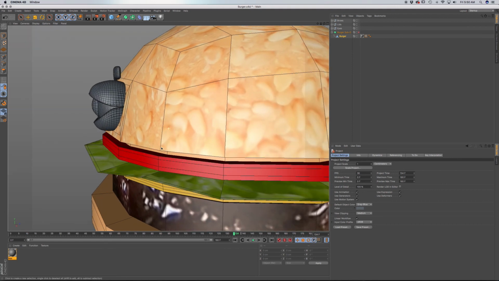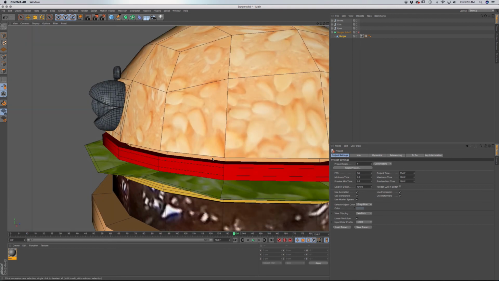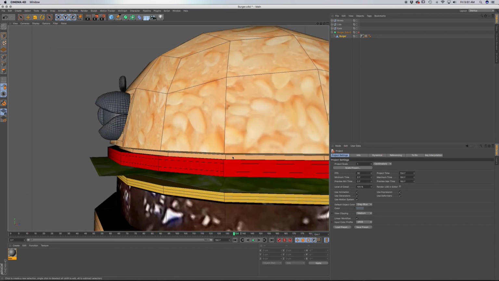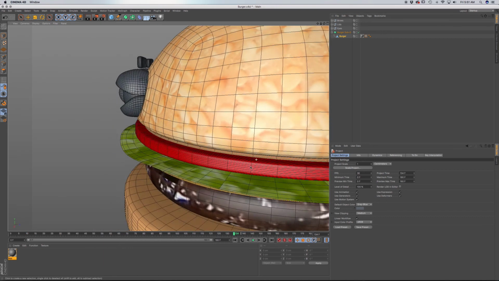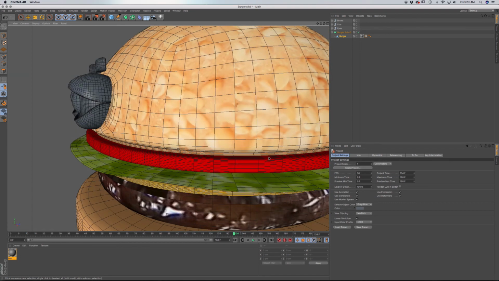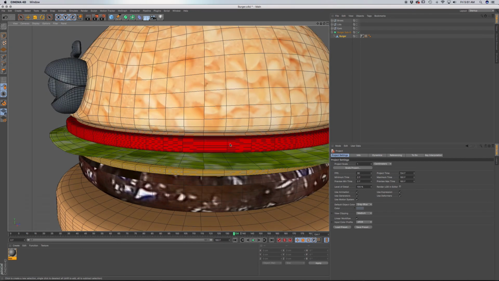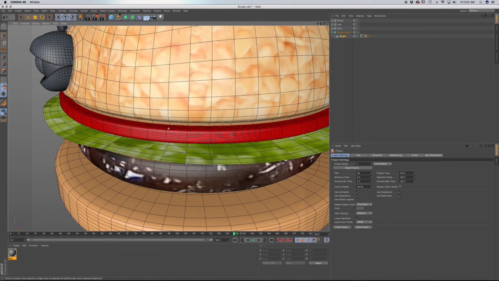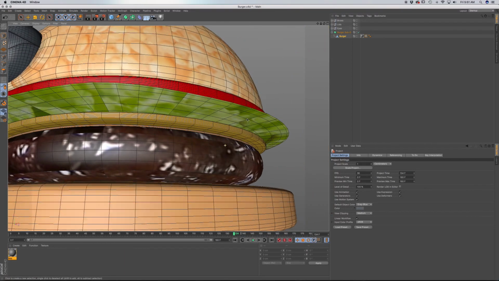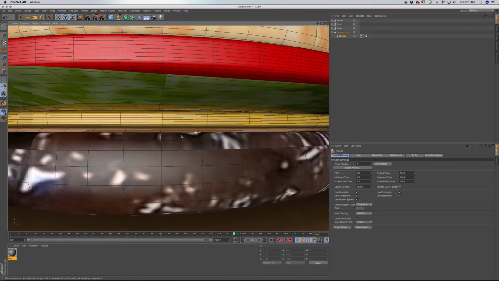Now the mistake that I made was I made these polygons a little too close to the edge of the bun and the tomato. If I pushed in a little bit further, you wouldn't see this bleeding effect where it looks like the bun is bleeding into the tomato. It's not a big deal for this purposes, but I just wanted to point that out for just your own reference. And we'll probably have this issue here